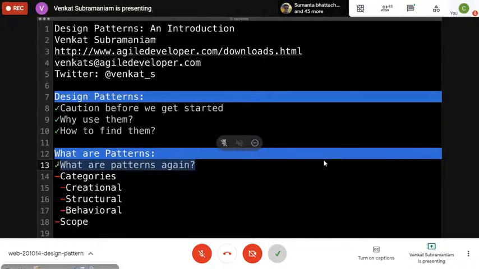Design patterns are not libraries. If it's code, you can copy and paste the code. If it's a library, you can use that library. So you cannot download a design pattern or copy and paste a design pattern and integrate it and use it. So a design pattern is a solution.